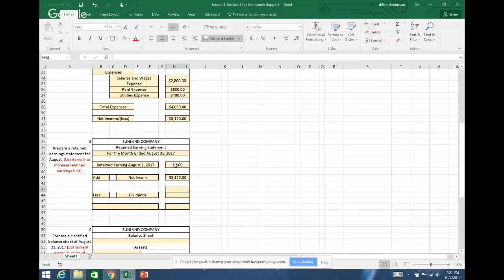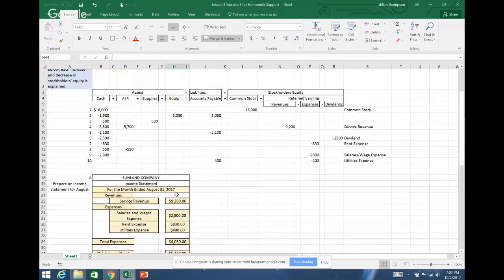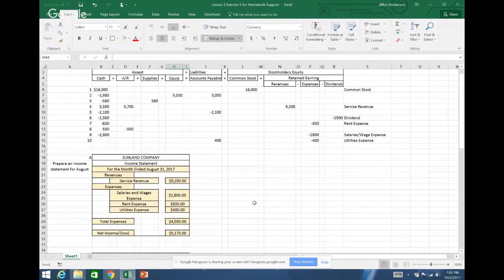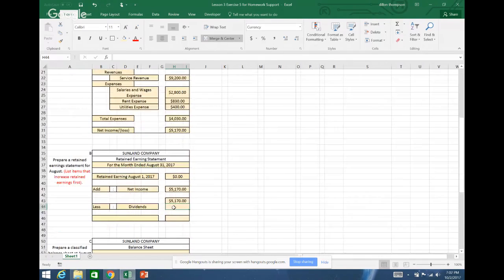I gotta skip one step. So we forgot to add the retained earnings beginning to the net income, and that totals to be 5,170. Once we get that total, then we minus the dividends. And if we come up here to dividends, there's 2,500 under the dividends and retained earnings of stockholder equity. 2,500. And this will equal our retained earnings